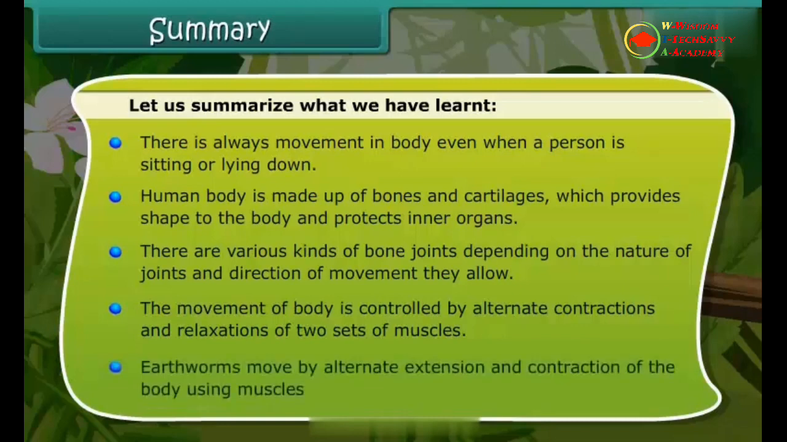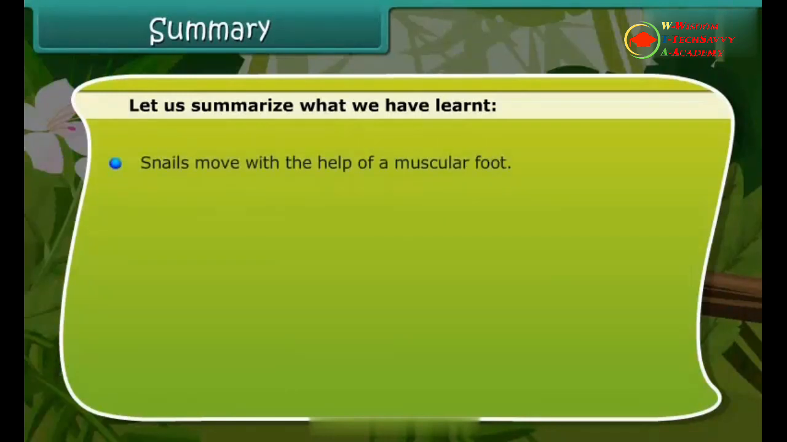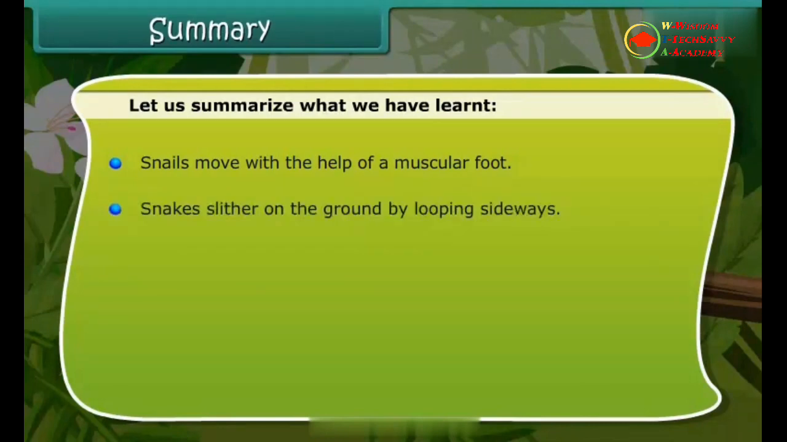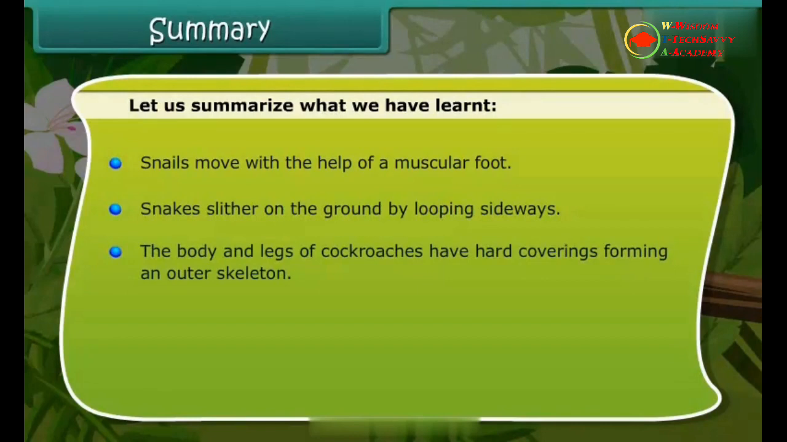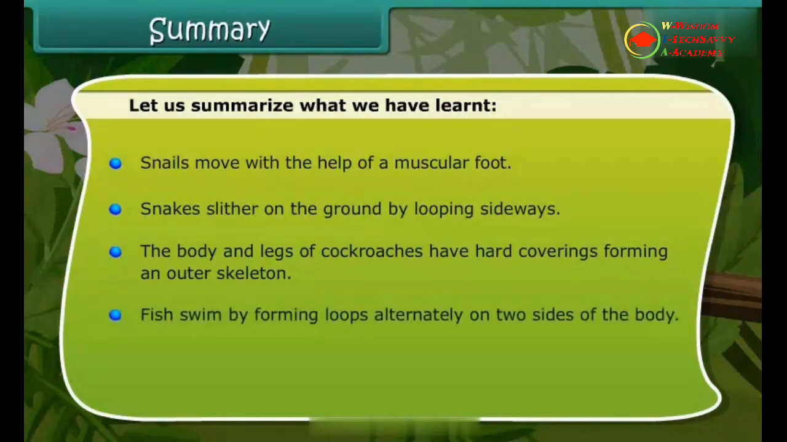Earthworms move by alternate extensions and contractions of the body using muscles. Snails move with the help of a muscular foot. Snakes slither on the ground by looping sideways. The body and legs of cockroaches have hard coverings forming an outer skeleton. Fish swim by forming loops alternatively on two sides of the body. The bird